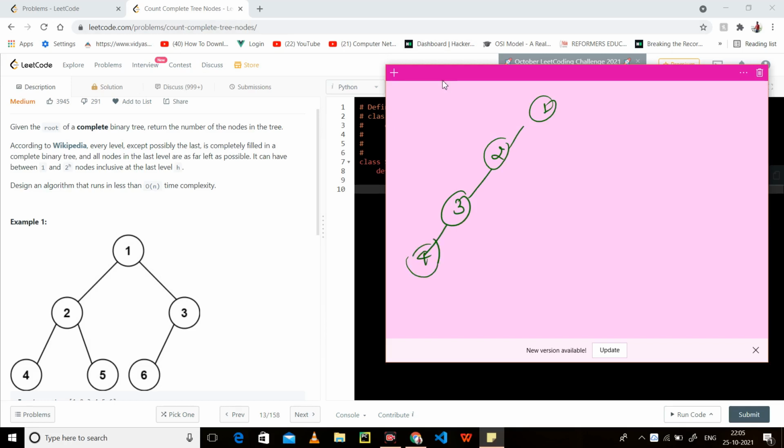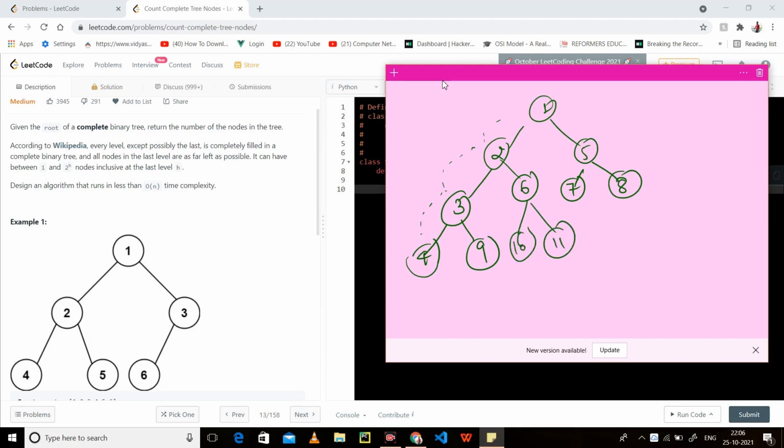So this is 4, this is 5, this is 6, this is 7, this is 8, this is 9. If you perform the Big O of n solution, you have to go to every node and count.